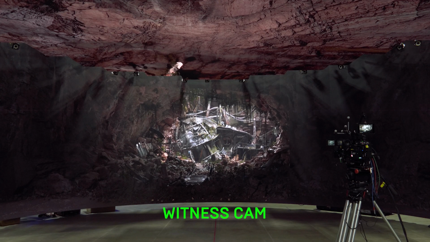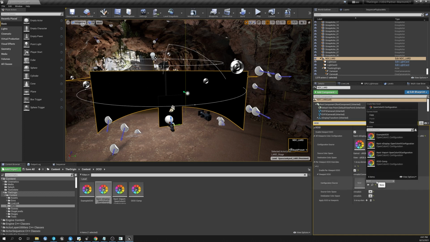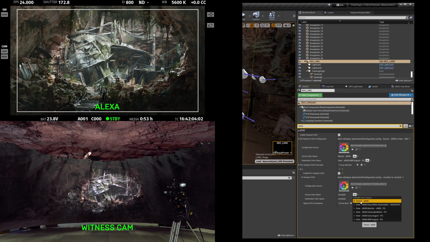If, however, you wanted to go ahead and make some different adjustments based on the viewports that you're using, say you wanted a different config specifically for the ceiling, you can add an element here, expand and set up your settings. So again, we'll go to end display color configuration, set up our source and destination color space, and we'll do something a little bit different just to make it a little more obvious.